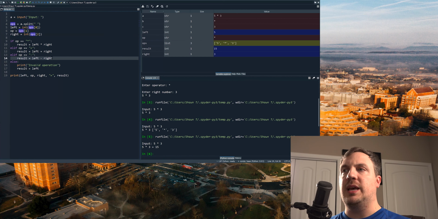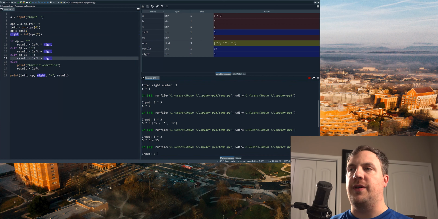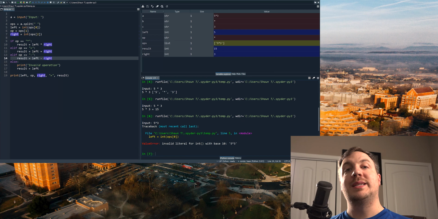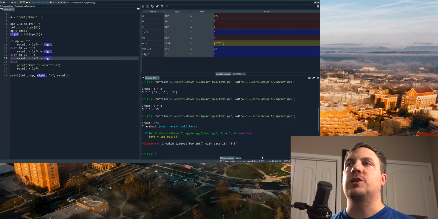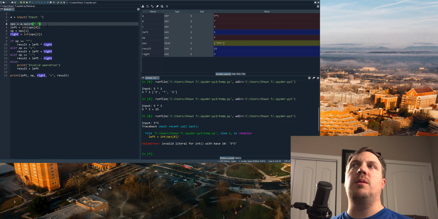Now look what happens if we do not provide the space. If we do 5*3 like this, notice it does not work because the split requires a delimiter. The delimiter in this case is going to be a space. Now it's going to take additional logic if you wanted to handle this case, but that's not the point of this lecture right here. So split is going to be widely used in most of your labs that you're doing here,